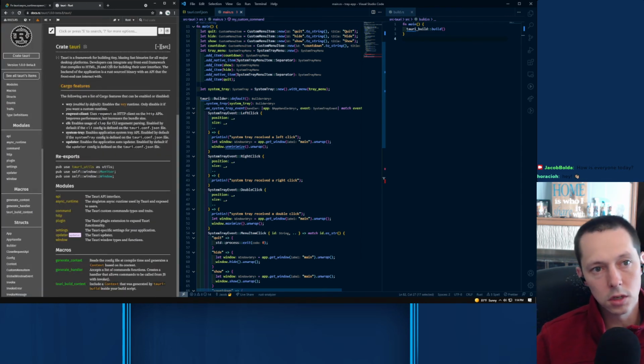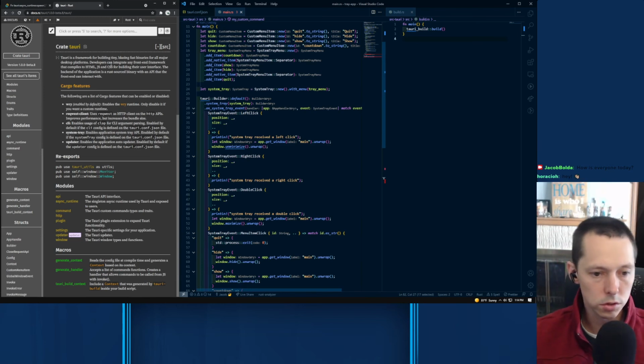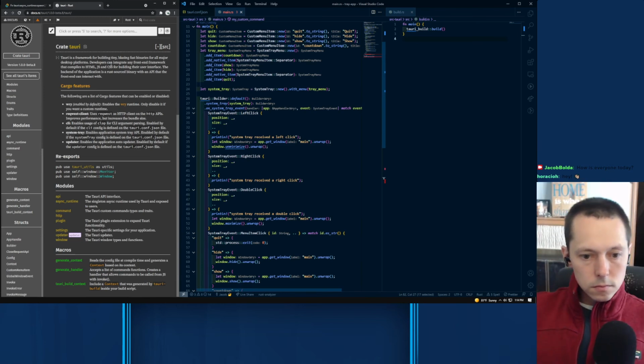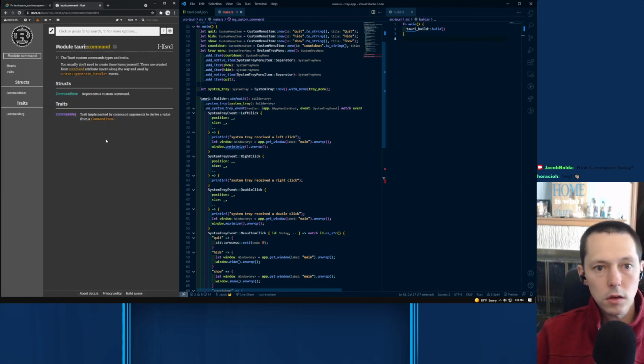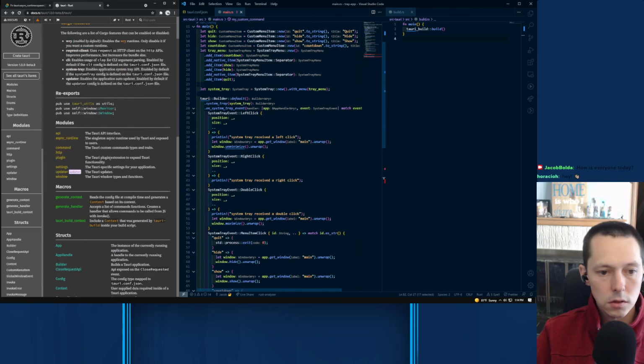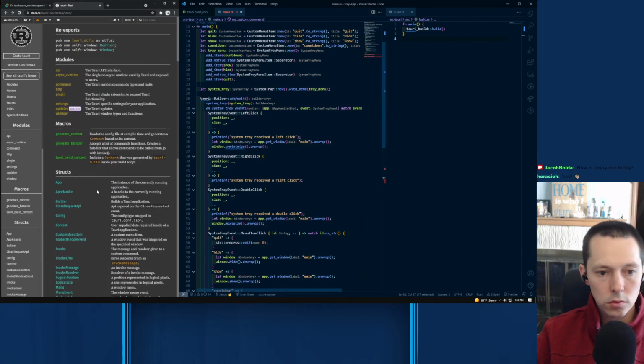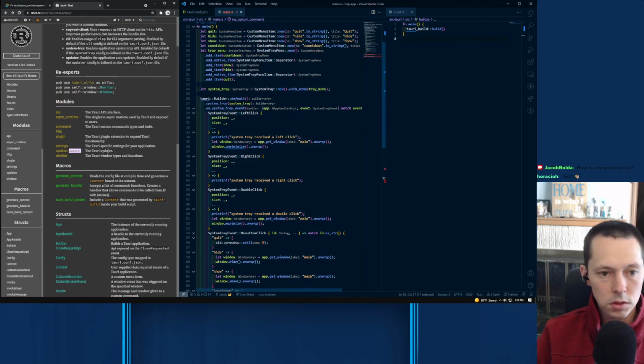Kind of interesting that it includes a version number in that search. All right, so really what we want to look at doing is